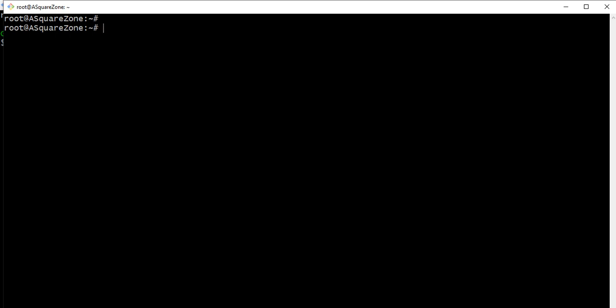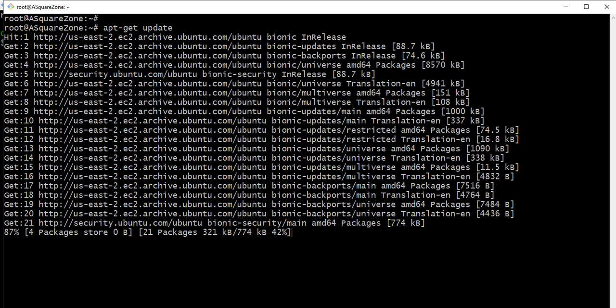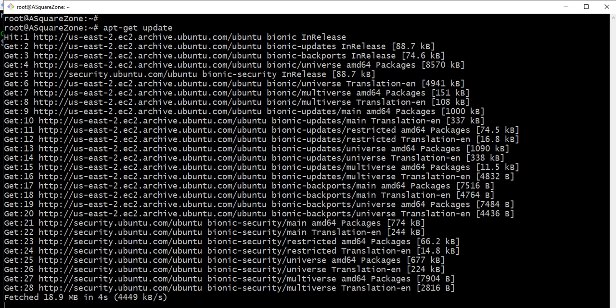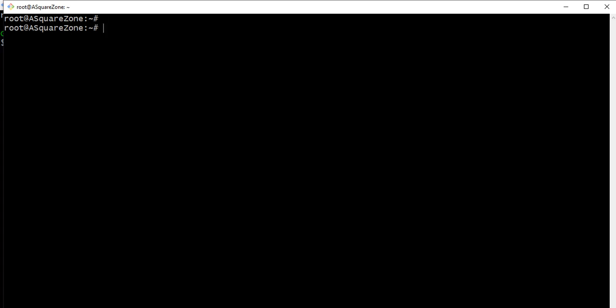For installing Java, I am going to update my packages first using the apt-get update command. It updates all required packages on this Ubuntu server. Once it's updated, we will install Java. So using apt-get install, I'm going to install the default JDK.